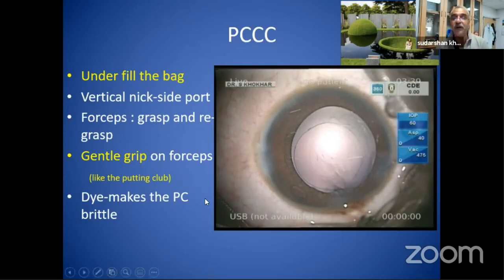So the grip has to be gentle. Underfill the bag, and the chamber can be filled. Initially we used to give a nick and put viscoelastic behind the posterior capsule, and people started doing that. But we realized that because of the duality of the viscoelastic, you can have it running off again. So to avoid that, be gentle there, and do not use dye for the posterior capsule, because it becomes more thinned out and fragile, and the moment you hold it, it will break. Earlier, when we were putting the implant in, the capsule used to run off. But since we stopped using the dye for the posterior capsule, underfilling the bag and properly filling the chamber, I think anybody and everybody can do this soft cataract.